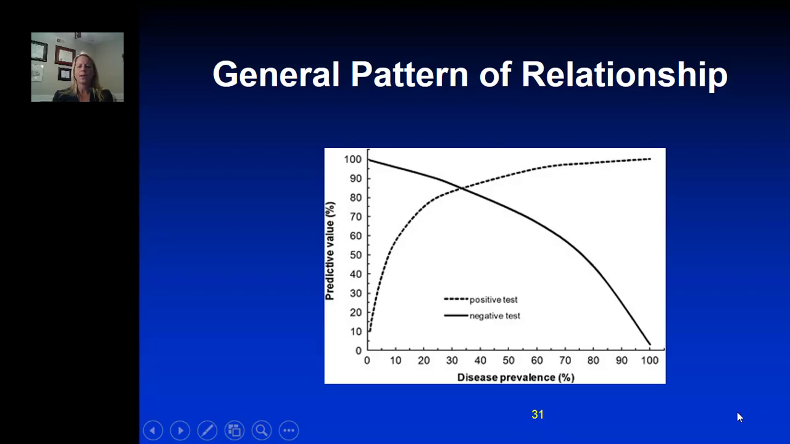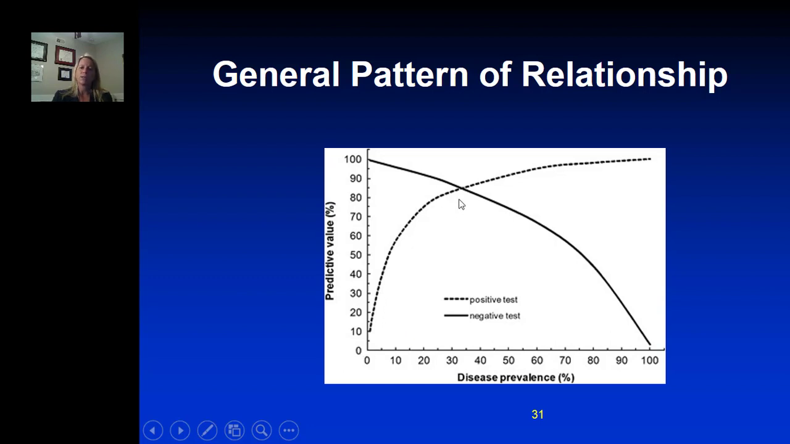This figure is to highlight an important concept that I would like to discuss now, which is the relationship between disease prevalence in a specific population and the positive and negative predictive value of a test that's used in that same population. And what this is illustrating is that as the prevalence of the disease, which is represented on the x-axis, goes up, there's a trade-off between the negative and the positive predictive value of a screening test,